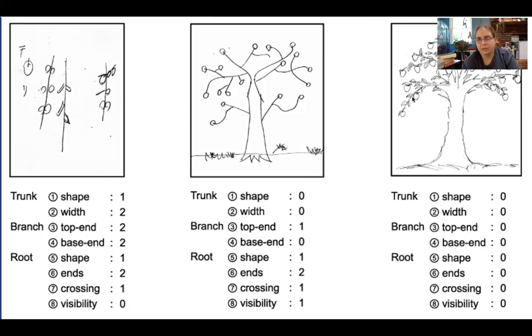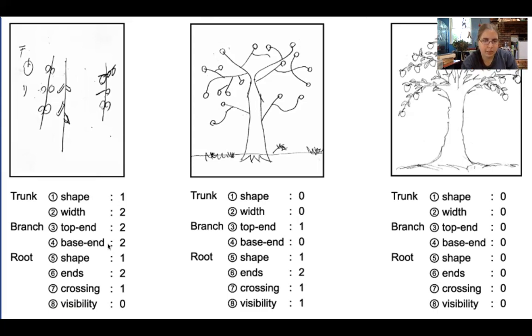And you can see how, okay, that looks like a tree. That one, you can tell it's a tree, but you also kind of are curious about what else is going on, because even someone who can't draw can probably draw one better than that. But this one here, that's definitely telling us something is up, because they're drawing how they perceive a tree. And if you look at that, you get some very different shapes.